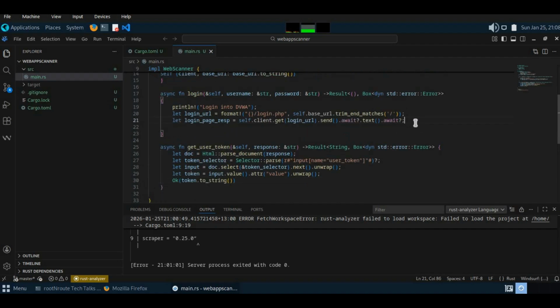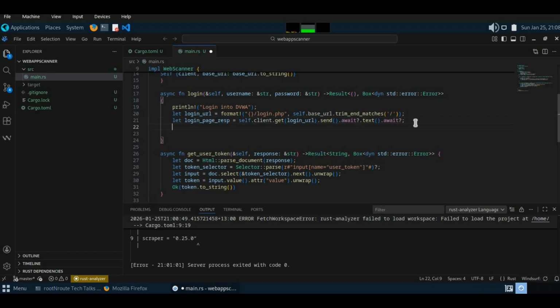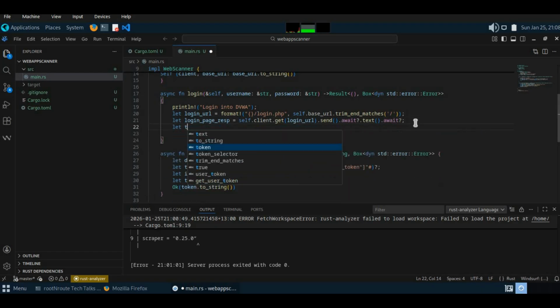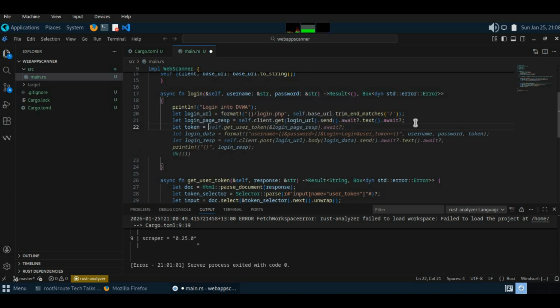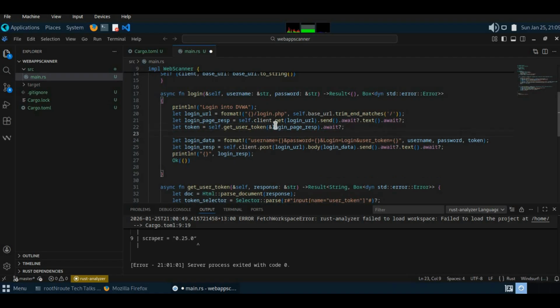So now you come here, we already have the token, we fetched the token correctly, then we will do this await, and we got the token after parsing the login page response. Now what we need is to log in. For that, yeah, we were using something like this, but we can properly say login